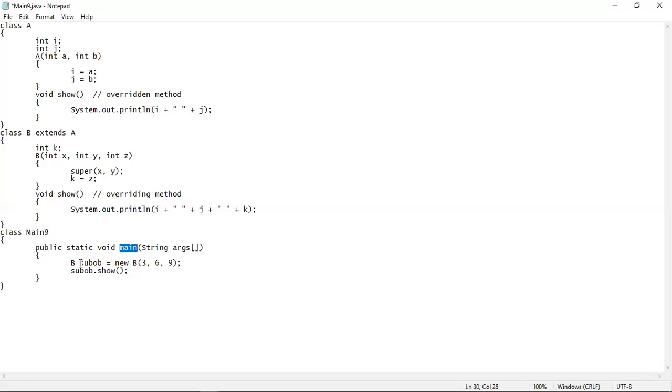Now we all know that using the subclass object itself, we can access the subclass contents as well as the superclass contents, because the subclass inherits the properties of the superclass. So we can easily access the superclass contents as well as the subclass contents using a single object, which is the object of the subclass. That's why we have created only a single object, sub ob, of the subclass, and these are the values that we are passing inside the constructor of the subclass.